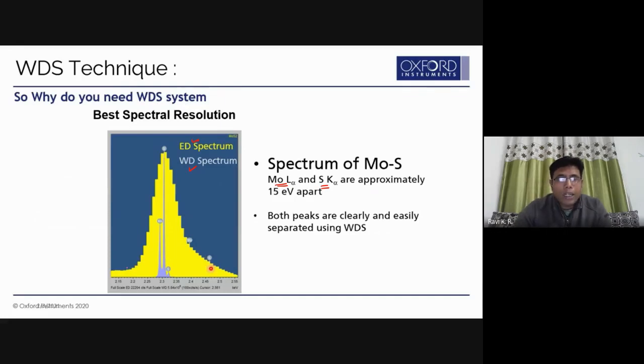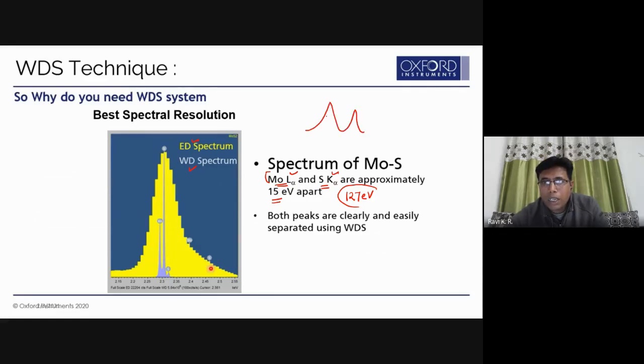What you will get is a single peak. These two peaks will overlap. Only 15 eV is the difference between molybdenum L alpha and sulfur K alpha. But the resolution of EDS, the best possible, is 127 eV. That means if you have a peak,